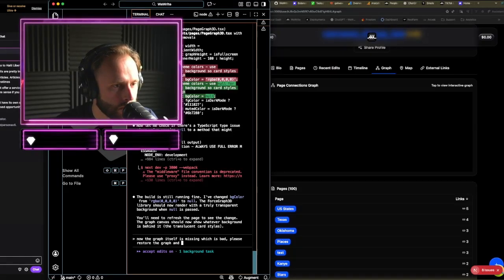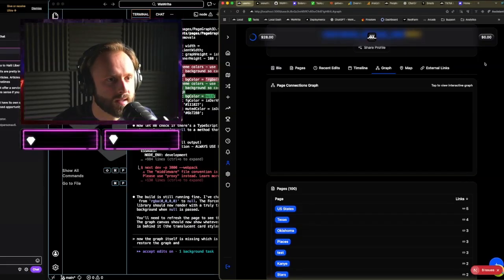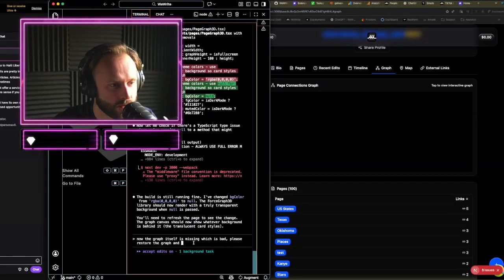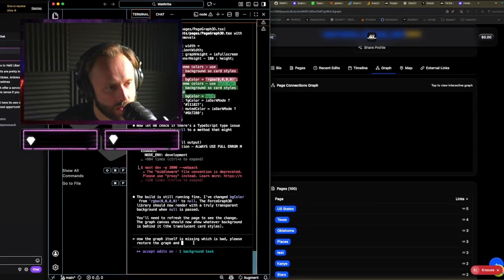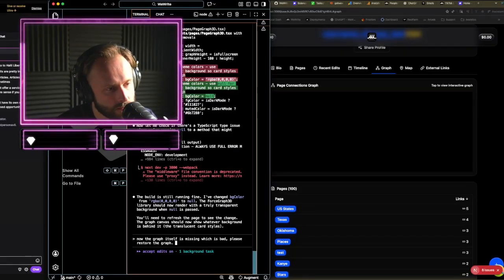Okay. Whatever. So I guess this graph just doesn't support transparency, which is fine. Wait. It does. Because on the logged out landing page, it supports it. Okay, so now the graph itself is missing, which is bad. Please restore the graph. Okay, so I know the graph can have